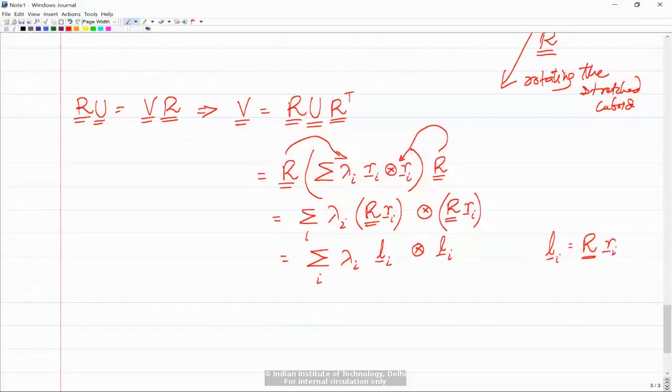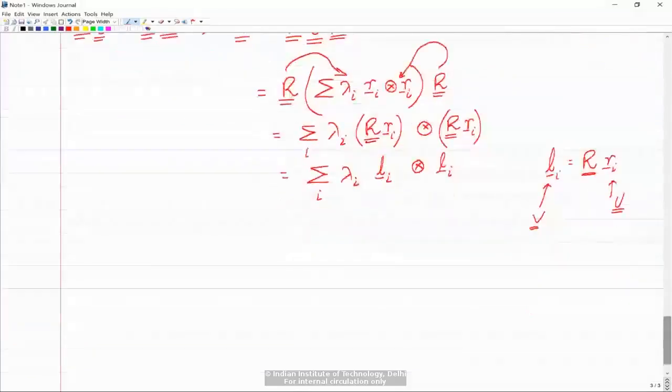Okay, so the rotation tensor is actually relating the eigenvectors of U and V. This is for U and this is for V, and it is relating the eigenvectors of the two. Now if I try to see the physical meaning of this decomposition VR,